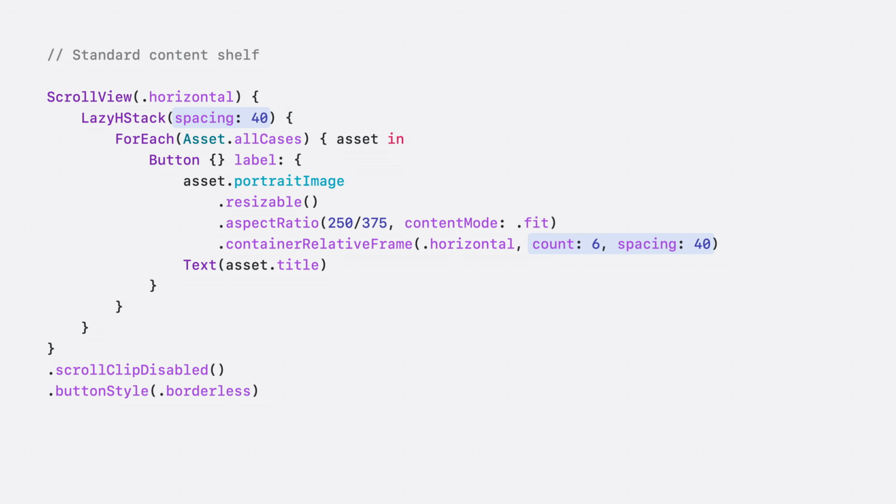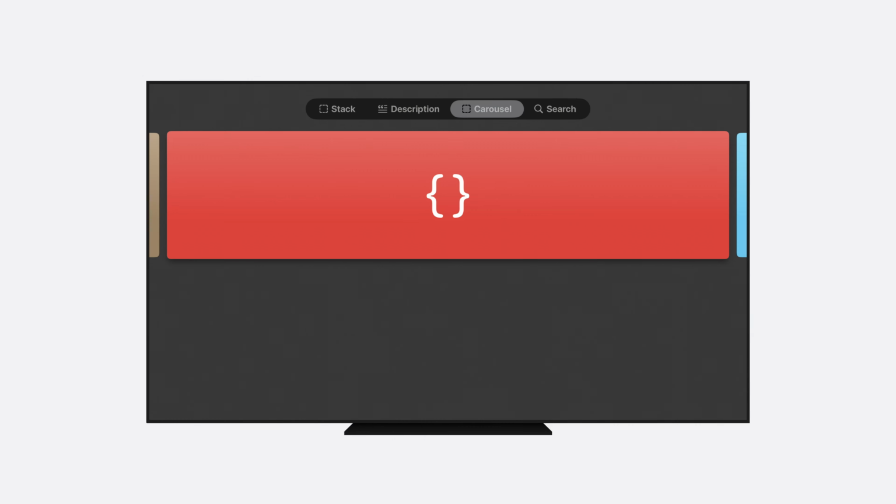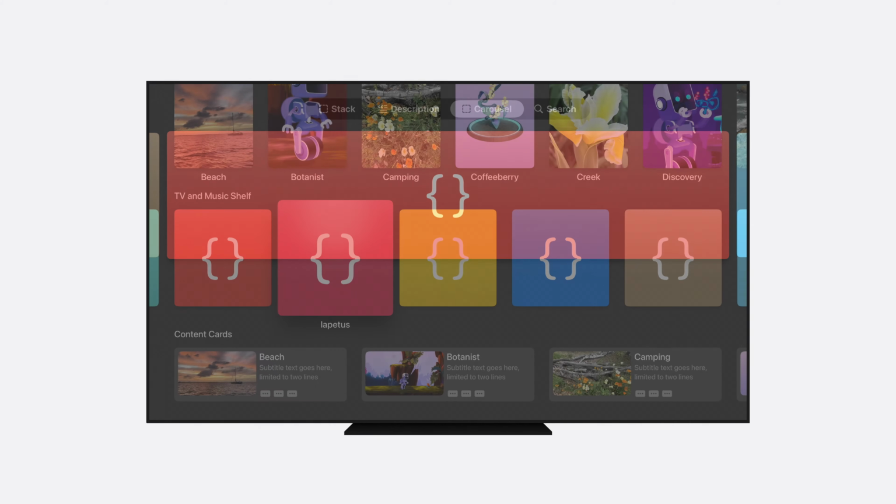Once again, you can use this exact same code to create a similar experience on other platforms, adjusting things like spacing and item count as appropriate. With just a few short lines of code, you've now replicated the look and feel of Apple's own media apps, just as you would have using TVML back in tvOS 9. This is a flexible component that can be put to work in a variety of ways, with just some very small changes. Remove the button's titles and make a small adjustment to the containerRelativeFrame modifier, for instance, and you have a carousel of hero-size lockups.